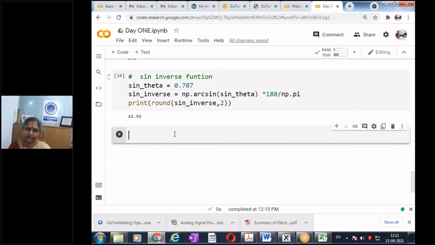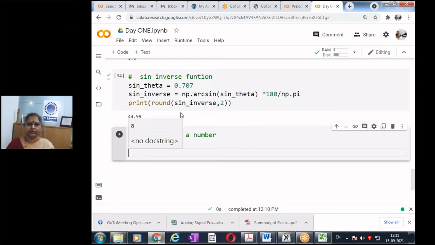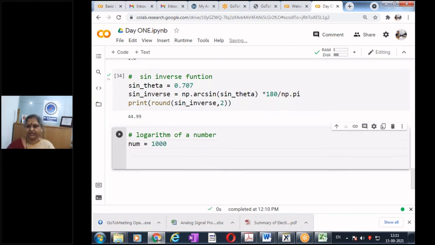Next, let us try to do the logarithm of a number. Let us say the number is 1000, and then I want to do the log of the number.